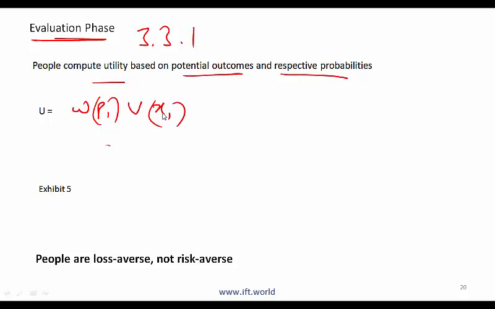So for x1, if the real probability is p1, we are actually using some function that comes up with that actual probability, and I'll explain this. Okay, and then let's say for event 2, you use some function w times p2 plus a value associated with x2. The point is this, that the way people evaluate probabilities is a little bit different from actual probabilities,